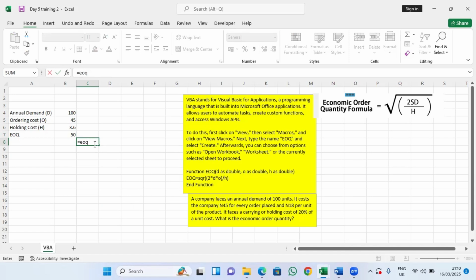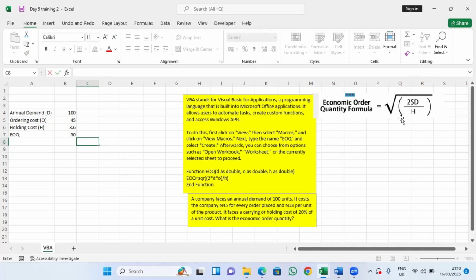Now, I want to build in economic order quantity, EOQ. As I type it now, you see now it's not showing anything. It shows that it's not in Excel, but I want to build it because economic order quantity is one of the recognized formulas that you can use to monitor your inventory. You understand? And the formula is